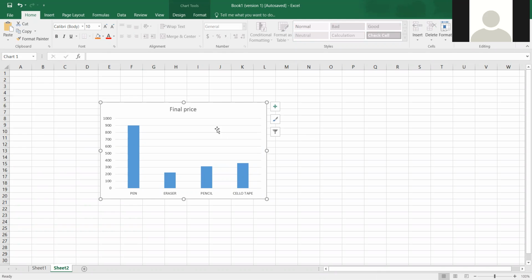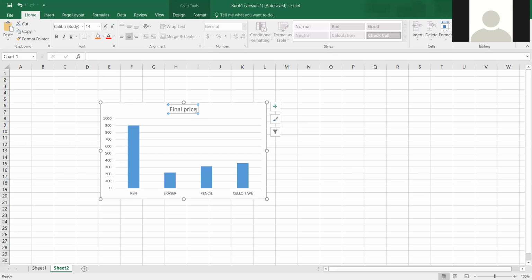Now, when the chart will be inserted, bache, look carefully. Two tabs will appear under the chart tools, that is design tab, format tab. Now the question here is, which two tabs appear under the chart tools when we insert the chart? जब आप चार्ट इंसर्ट कर रहे हैं तो वहां पे क्या चीज अपीयर हो रही है, कौन सी दो टैब्स अपीयर हो रही है? The two tabs are design tab and format tab.